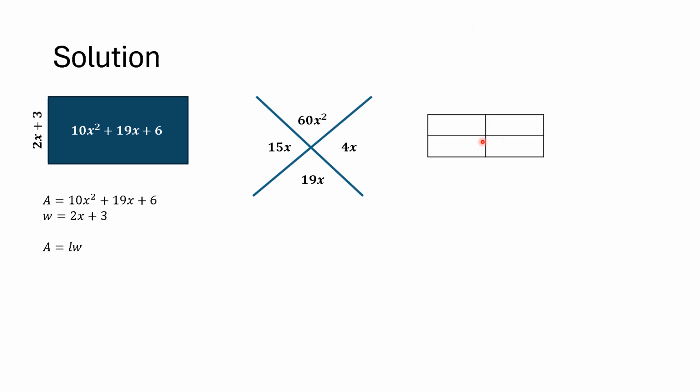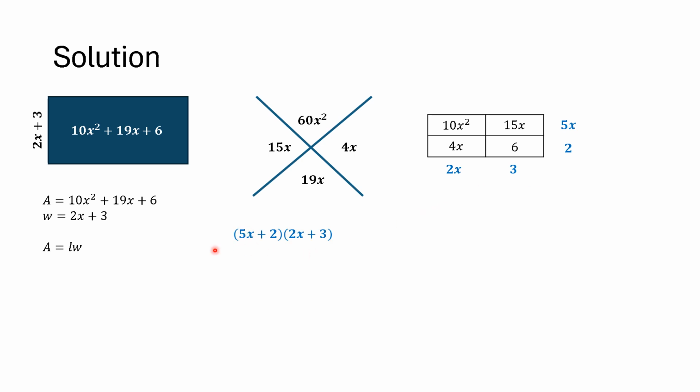Now, in the box method, we have to do a 2 by 2 box, writing the first term, which is 10x squared, and then the last term, which is 6. Now, writing our factors, which are 15x and 4x here, we are now working with common factoring. What's the common factor between 10x squared and 15x? The answer is 5x. The common factor of 4x and 6 is 2. Now going down, we have 10x squared and 4x. The common factor is 2x. And for 15x and 6, the common factor is 3.